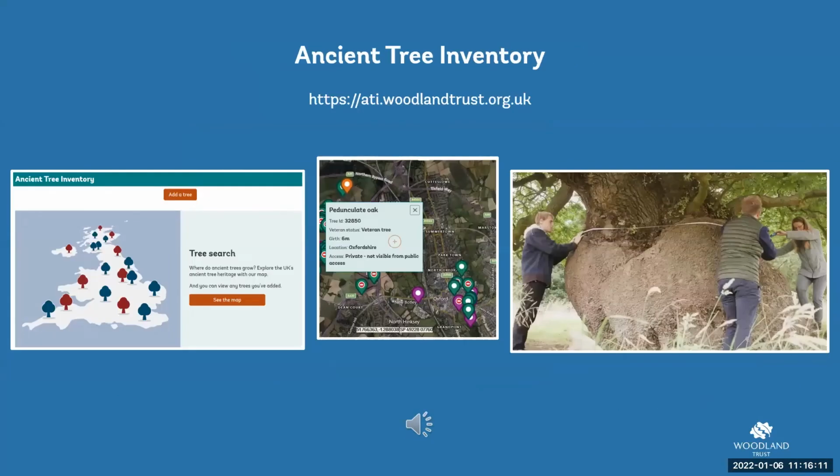As I wrap up, I should mention our ancient tree inventory. Now, the Woodland Trust maintains a large living database of ancient, veteran and other notable trees across the UK. The website is shown here, and it grows every day with over 120,000 tree records on the inventory. Anyone can record a tree to it, however it is also curated by our staff and with the help of expert volunteers. So if you're wondering about your tree, is it ancient or veteran, do go ahead and record it,